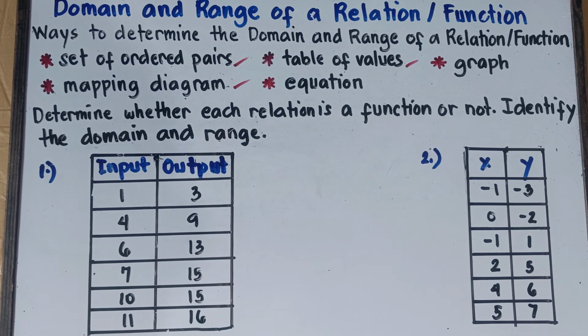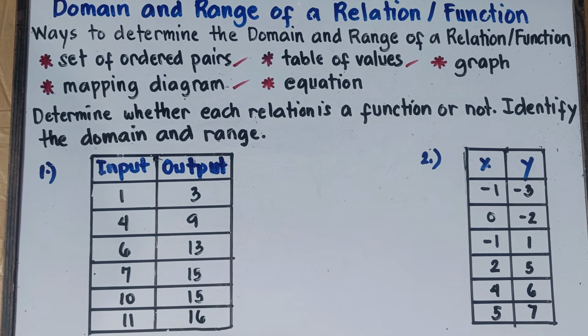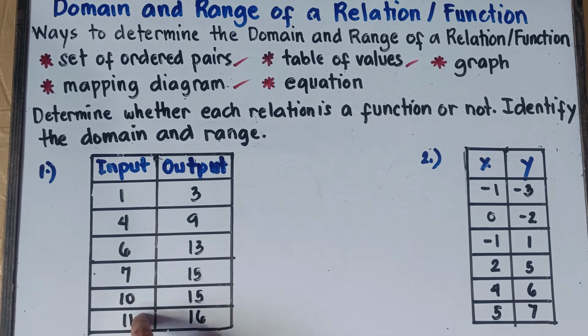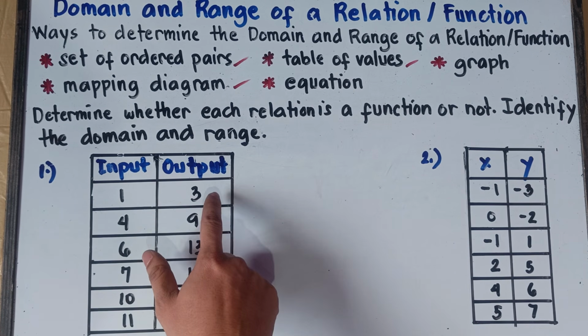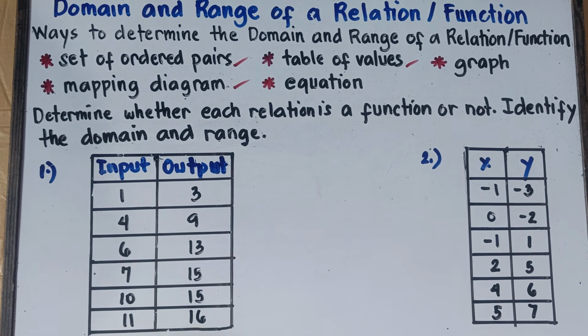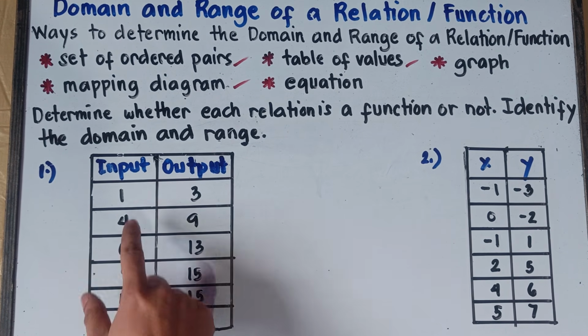Alright, now question, class, is this a function or not a function? That's correct. With regards to example number 1, this will be a function. Why is that, sir? Because the input, class, is not repeating, and corresponds to exactly one output. So once again, class, check the x value. As you can see, class, the x value is not repeating.